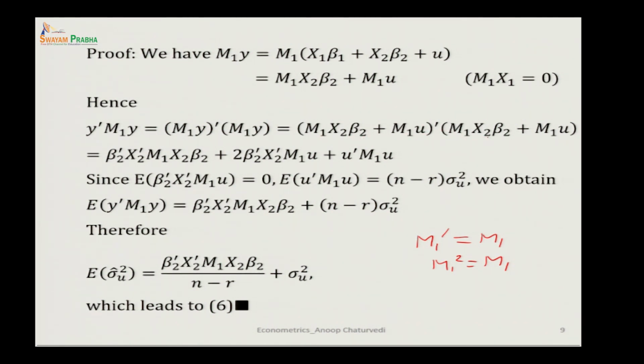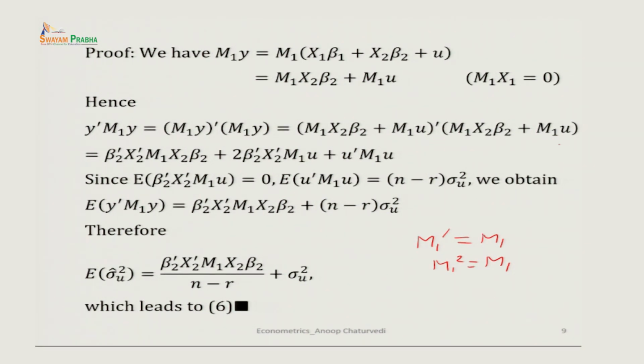So, you get transpose of m 1 x 2 beta 2 plus m 1 u, times m 1 x 2 beta 2 plus m 1 u. You get this expression and then we simplify it. So, we get beta 2 transpose x 2 transpose, then you have m 1 transpose m 1 which is equal to m 1,